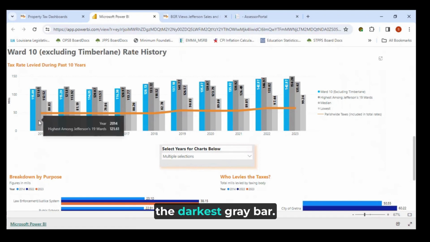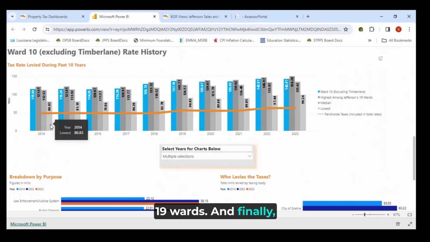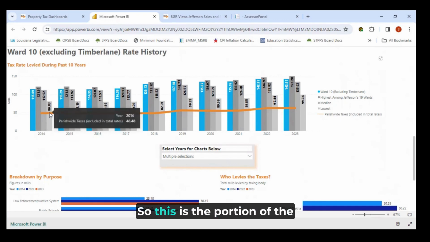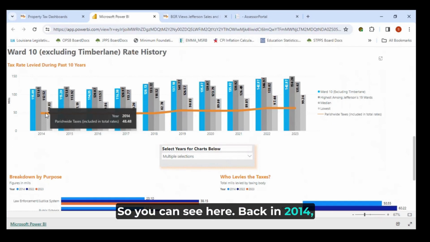And the next bar, the darkest gray bar, here you can see what the highest total rate that was levied that year among Jefferson's 19 wards. Here you can see what the median rate that year was among the 19 wards. And finally, the lowest rate among the 19 wards. The orange line here, this is the parish-wide taxes. So this is the portion of the total for each bar that is paid by every district or tax ward. So you can see here back in 2014, the parish-wide taxes in Jefferson had a total millage rate of